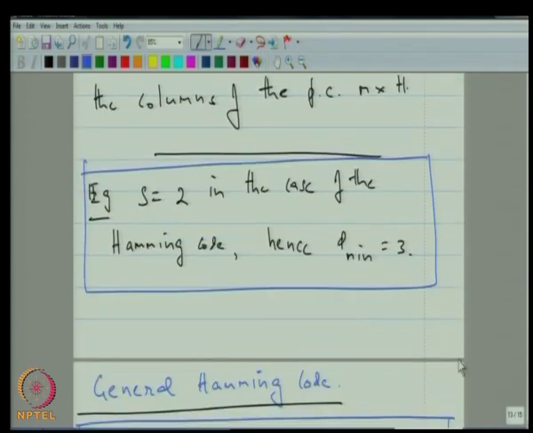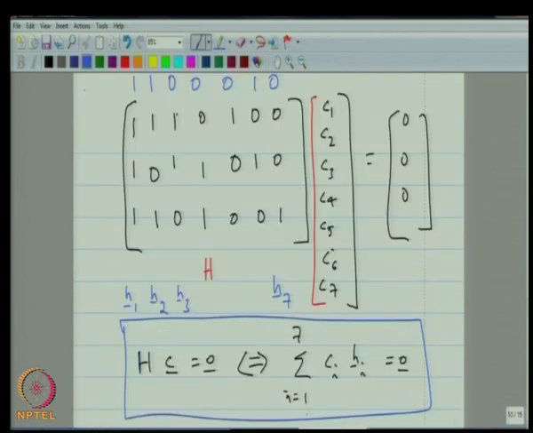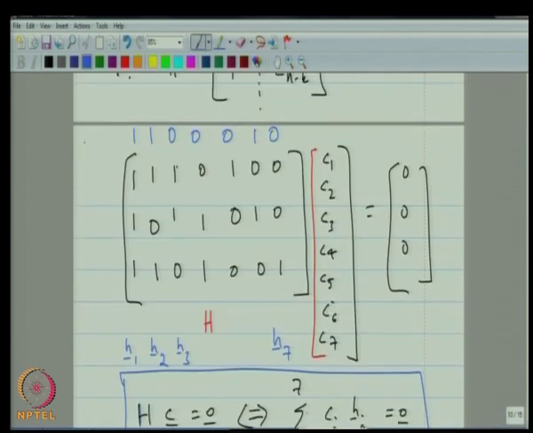Then again going back to the example code here. Here, the parameter r is equal to 3. So the length is 2 to the 3 minus 1, which is 7, and all the columns are distinct. If, for example, you were to replace r equal to 3 by r equal to 4, then the Hamming